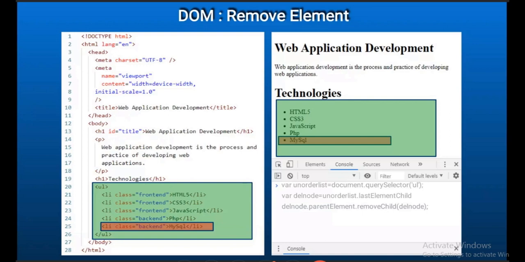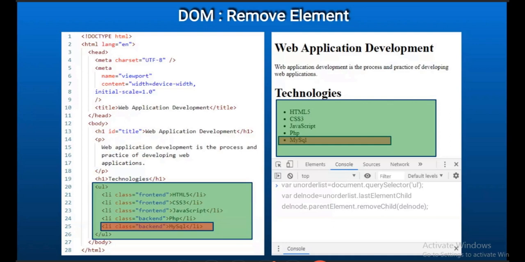What happens is that particular item got deleted from this page. Okay, so there are only 4 values. The 5th value got deleted from the browser web page. Okay, so that is deleting an element.